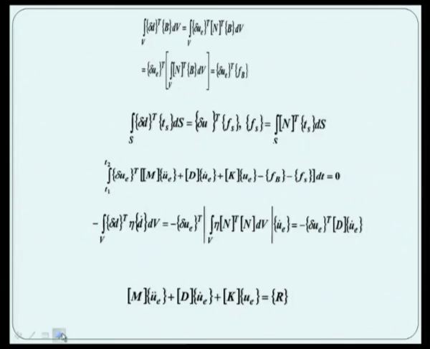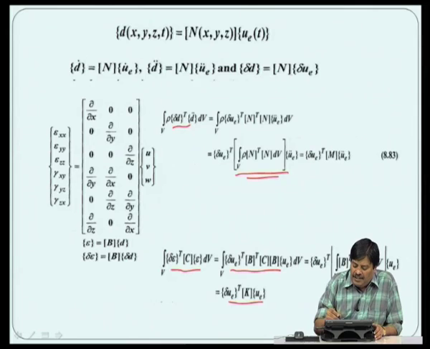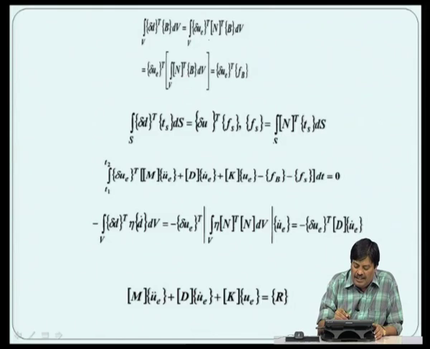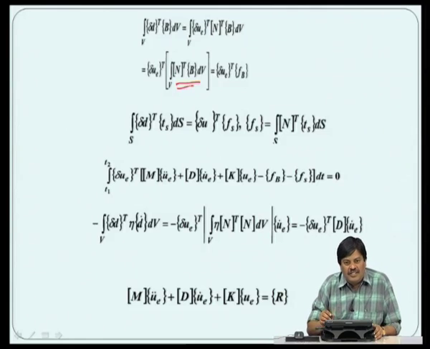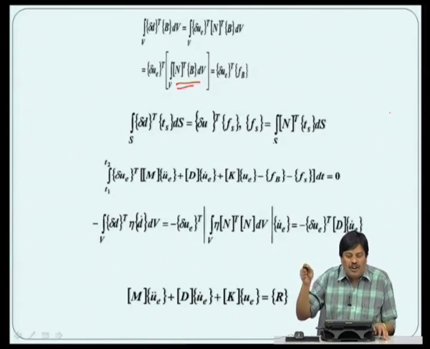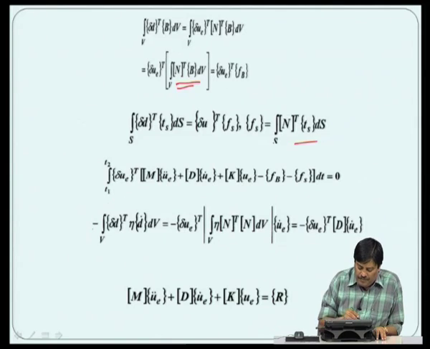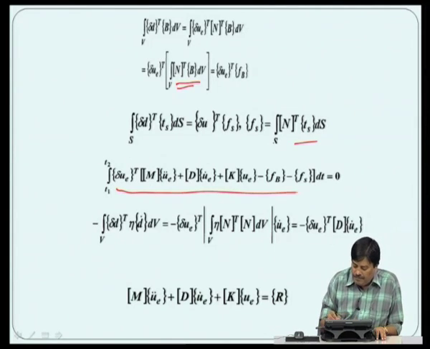Similarly, we can write the body force delta d using this expression here. We can write delta d transpose as delta u e transpose into N transpose, multiplied by the body force vector, and this is the discretization of the body force. So, this basically converts the body force, which is distributed, into the concentrated force acting on the nodes. Similarly, we can do the surface force, and when we put all these things together, we get this equation,